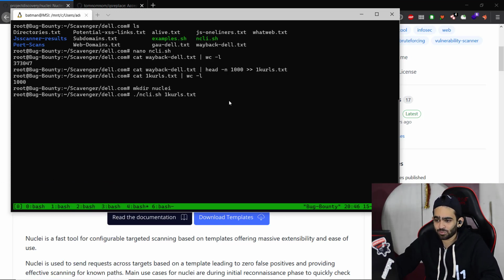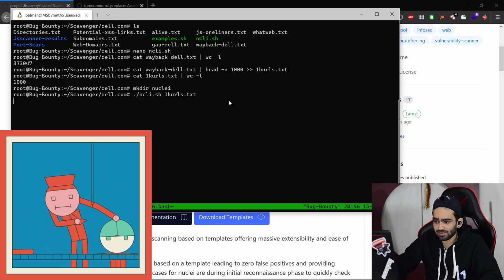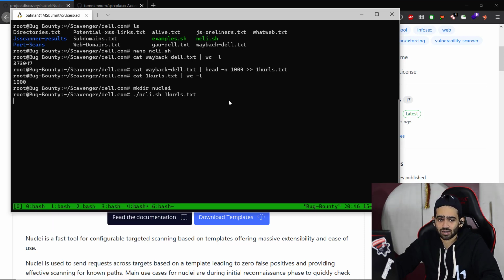Extremely easy to use. But again, if you just try to use the templates which are provided already and which are already there on GitHub, you definitely are going to join the dupe party and nothing else, because almost everyone nowadays is trying to run Nuclei as the first thing when they try to hack on a target. So it's a very high probability that if you try to run just the templates which are already provided inside, you might be getting a lot of dupes.